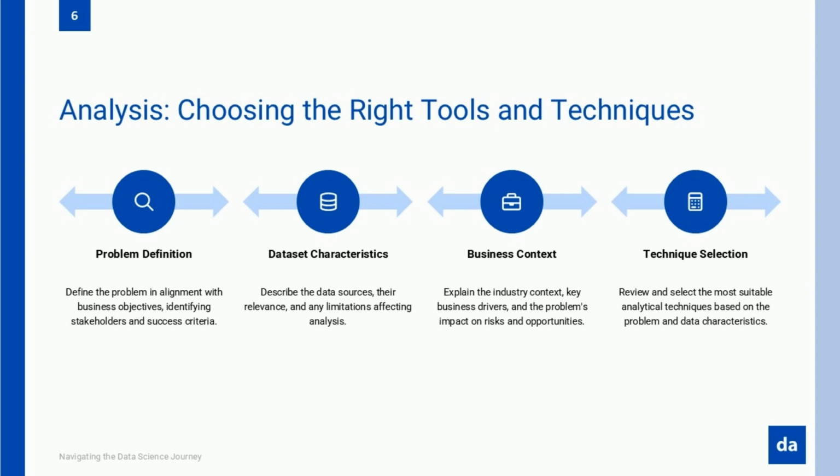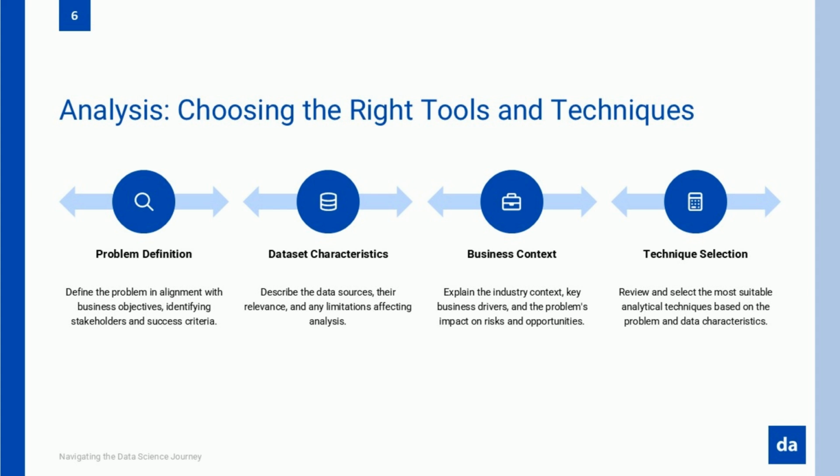What's needed is a structured decision framework for selecting analytical techniques. This framework should begin with a fundamental question: what type of problem are you solving? If you're predicting a continuous outcome, like housing prices or sales figures, regression techniques may be appropriate. If you're predicting categories or classes, like customer churn or email spam, classification approaches make more sense. If you're trying to discover natural groupings in your data without predefined labels, clustering becomes relevant.